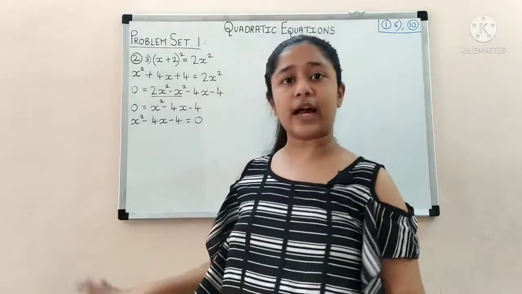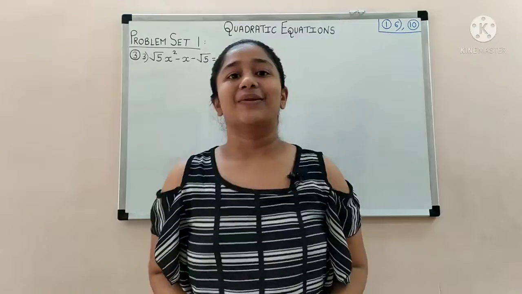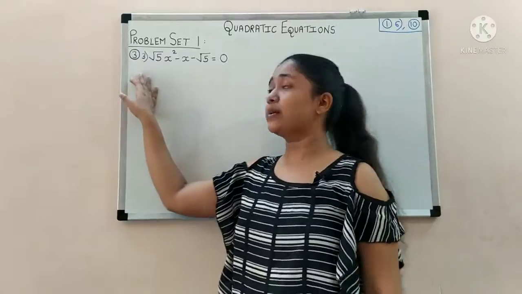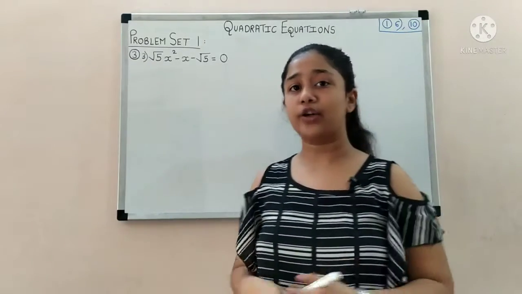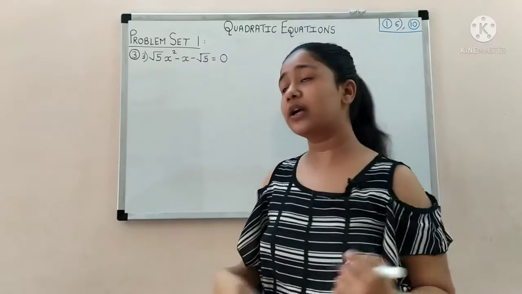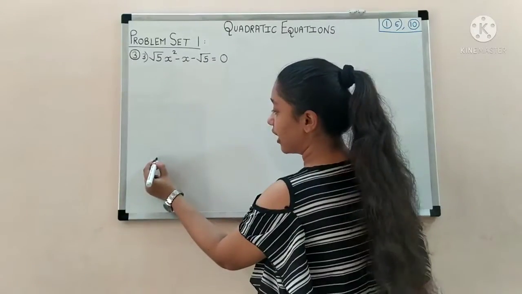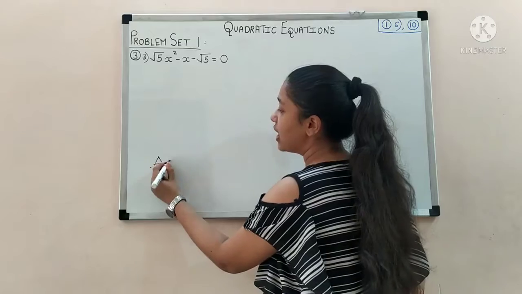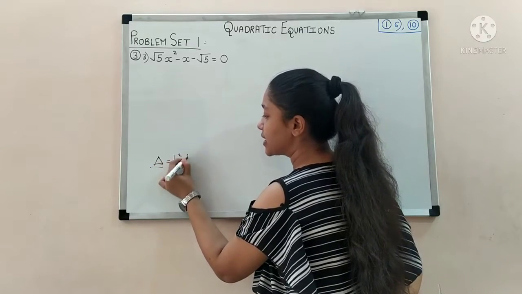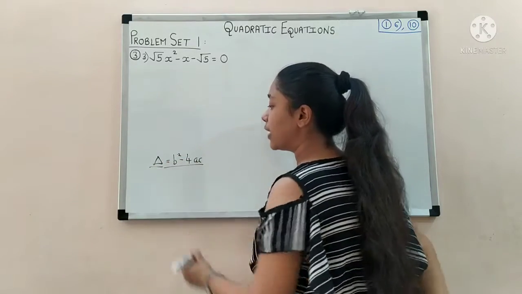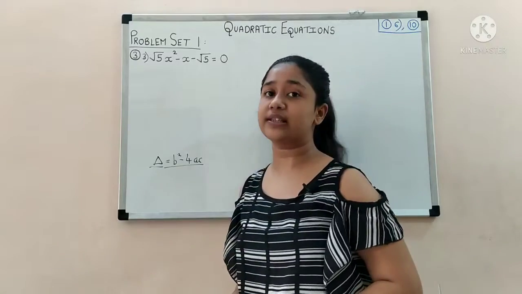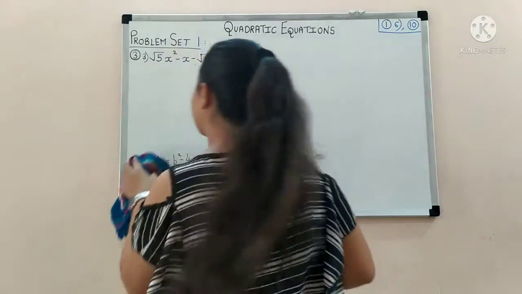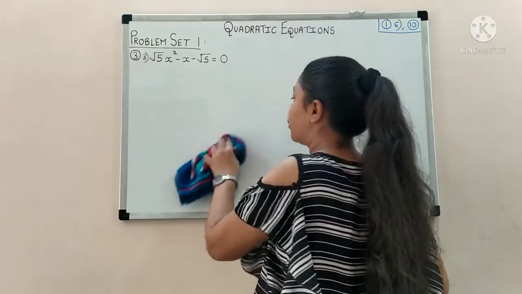So now we'll start with question number 3. Okay students, so now pay attention to question number 3. Here you have to find the value of discriminant. What is discriminant? Discriminant is denoted by a triangle, which is also known as delta. I have told you all this many times and its formula is b square minus 4ac. So we have to find b square minus 4ac for all the 3 sums given there. I'll be doing one of them and the other 2 you have to do for homework.